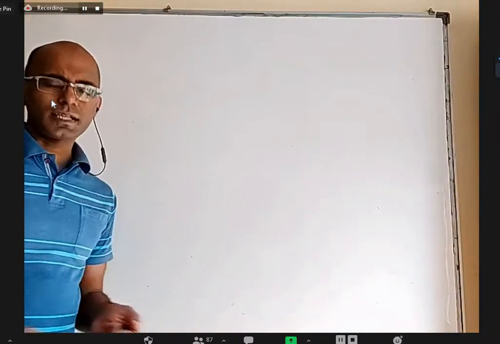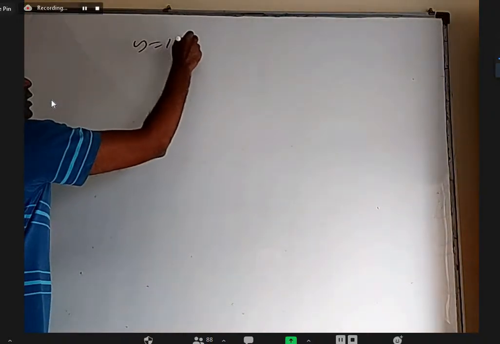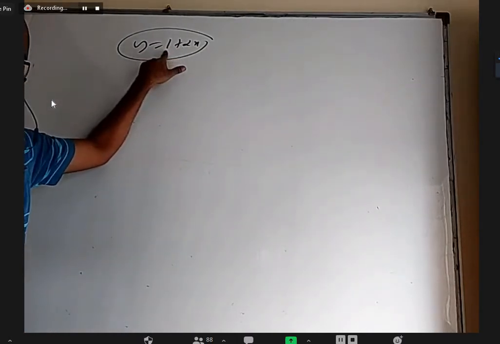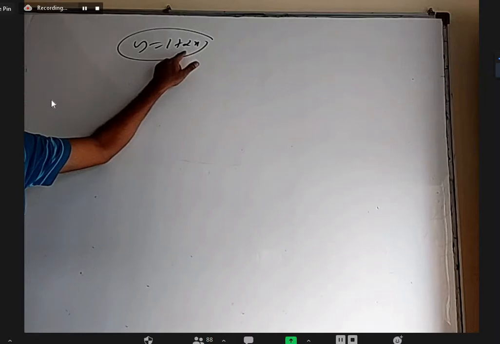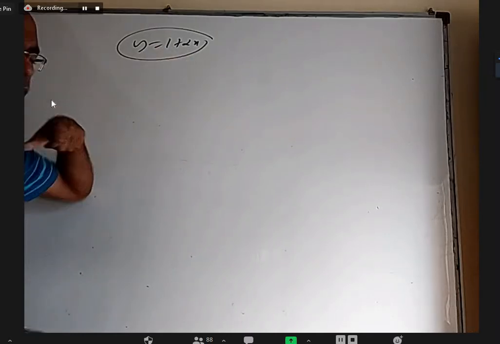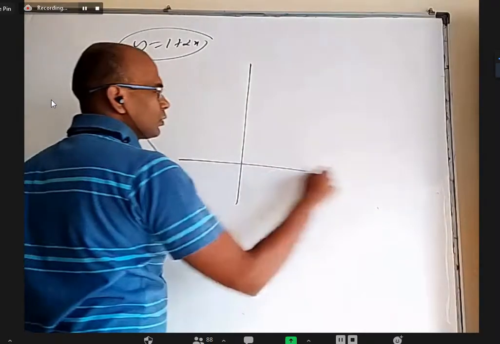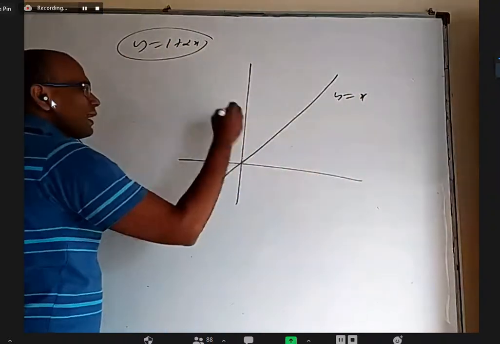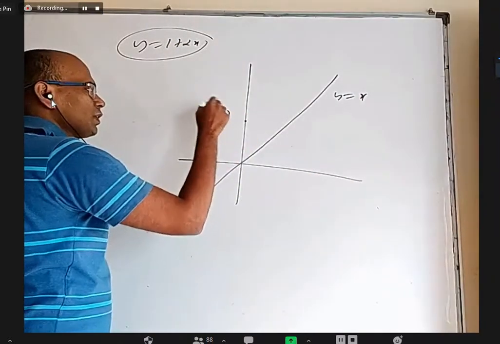Okay. Without writing much, you can tell this answer just like that. Let us see why. If you take y equal to 1 plus alpha x, it is a straight line passing through (0, 1). Y-intercept is 1 and slope is alpha. Y equal to mx plus c form, right? So I have the y equal to x line and I have one point (0, 1).